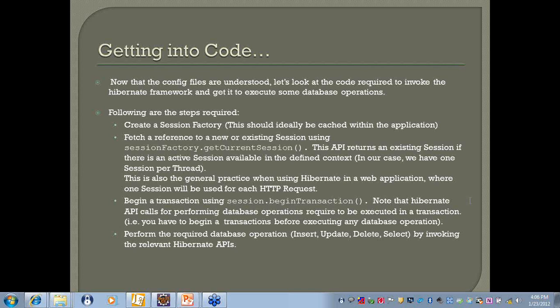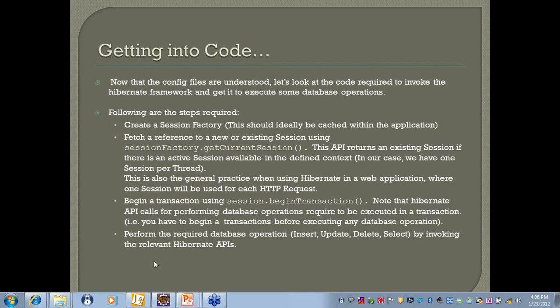There are other options, not only thread. There are two others. If somebody can look it up on Google in parallel, you have the Java Transaction API as one option, and there is a third one which I don't recall right now. So in the current context, just to get started, let's not waste too much time on that.